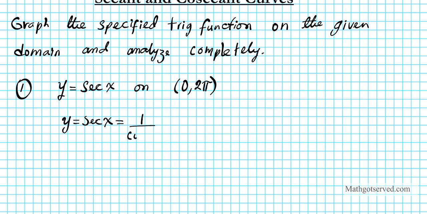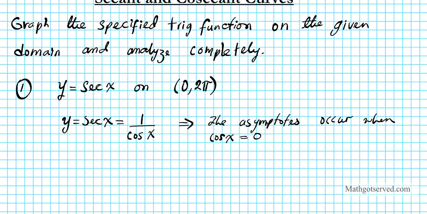So what does this mean? This means that the asymptotes occur when cosine x is 0. Why is that? Because when cosine x is 0, we're going to be dividing by 0, which results in an